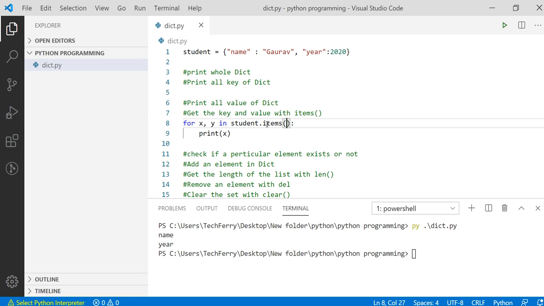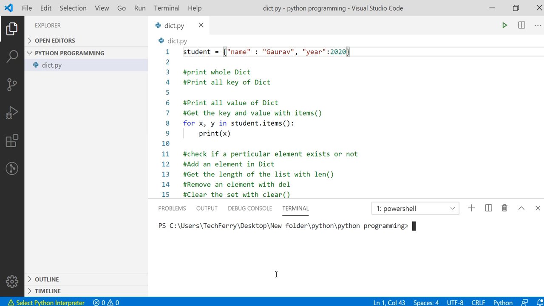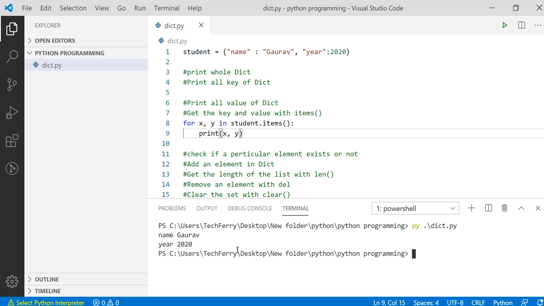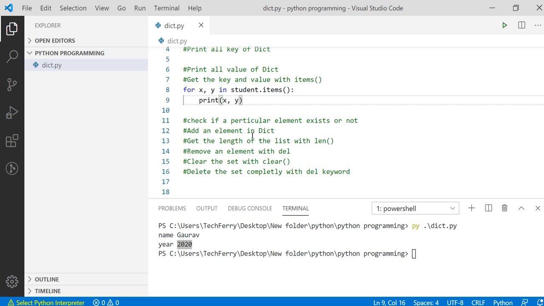We have a method called items, which gives you all the items. This is one item and this is the second item. Let's run this and see the output. In this scenario I will try to print y as well, and you can see that we got the output as name Gaurav, year 2020. So this way we can print the key and value, both of them, in a single for loop.